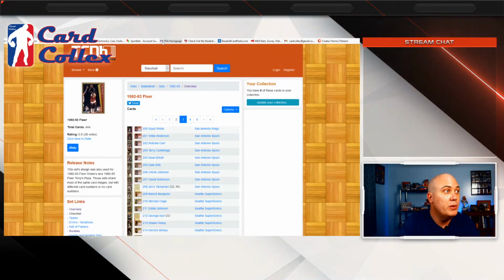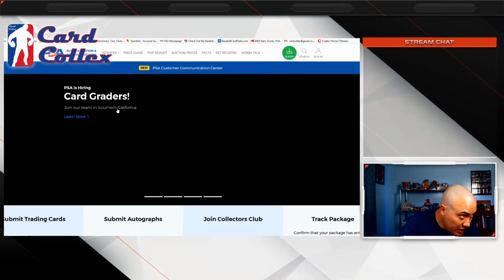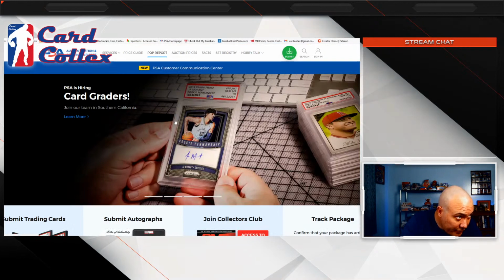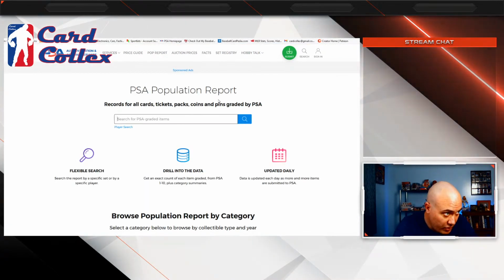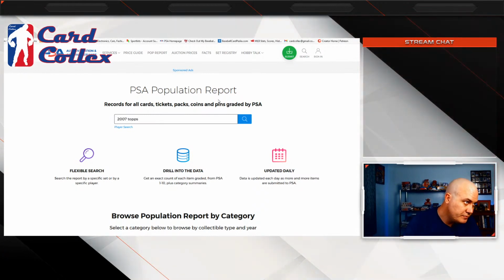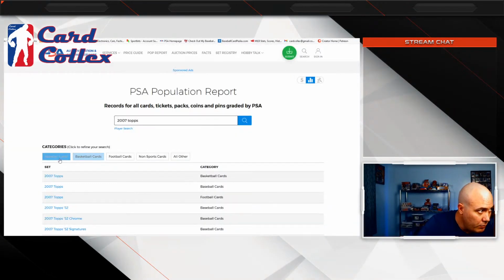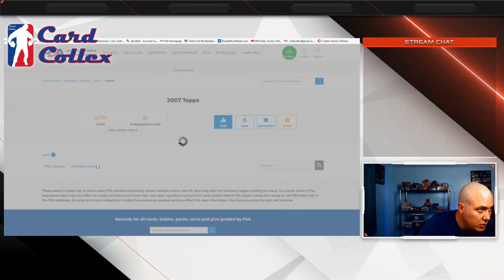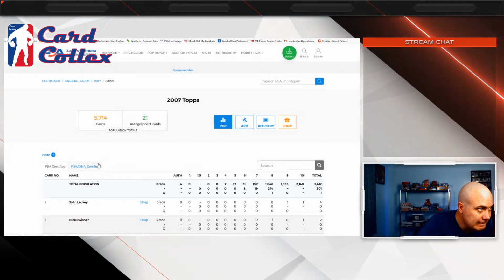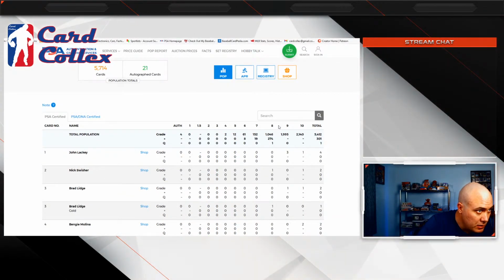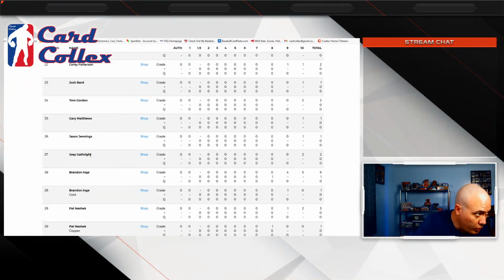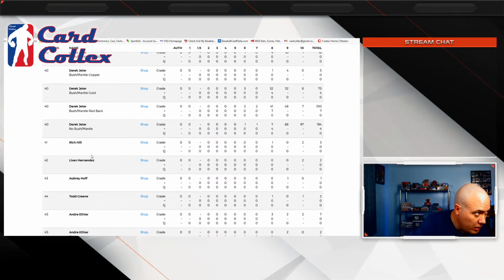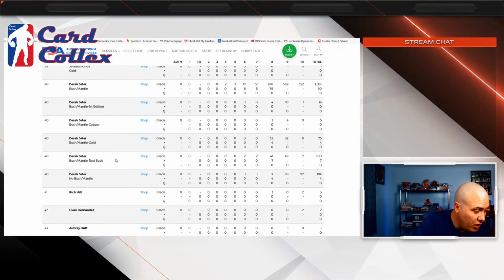I'm going to go ahead and pull up PSA and see how many of these are out there in a PSA 10 or any format, really. 2007 Topps baseball. Let's see, number 40, Derek Jeter. Oh, wait. What?